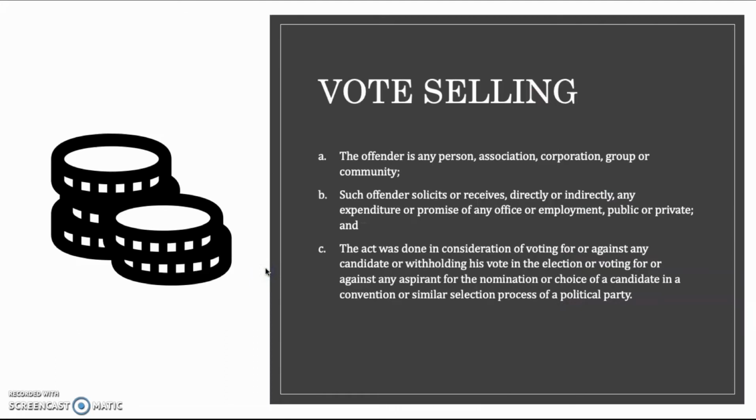So for the elements of vote selling, you will notice that the offender is not only a natural person, but the offender may be a juridical person such as an association, a corporation, a group, or community. Okay? And with respect to the acts, that such offender solicits or receives directly or indirectly any expenditure or promise